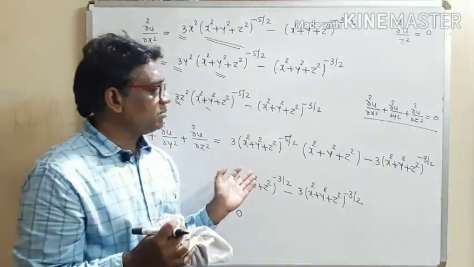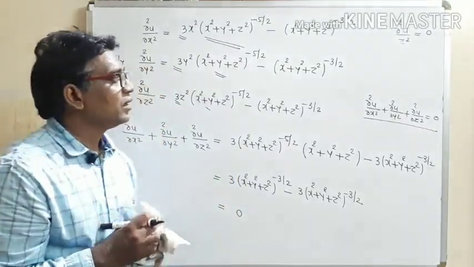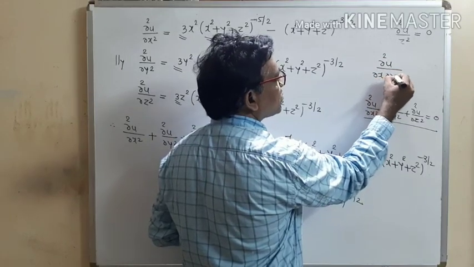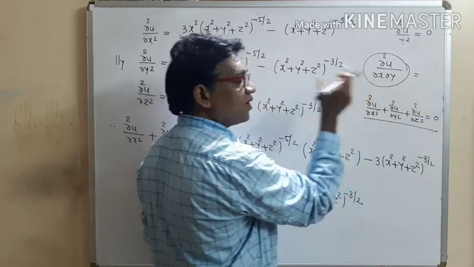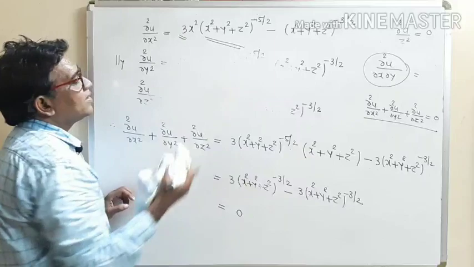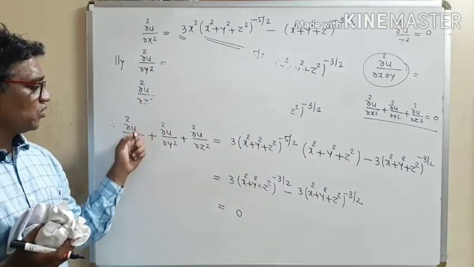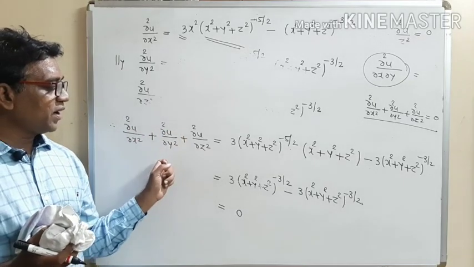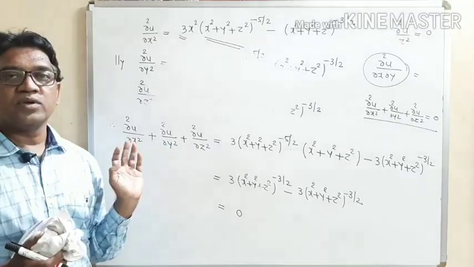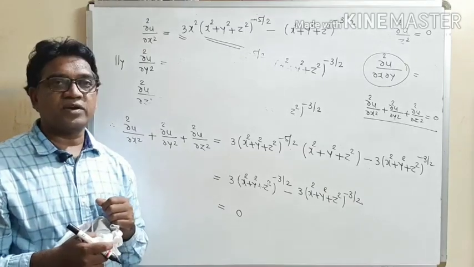So see, these are some important examples on the second order partial derivative. In the first example, we have to find this ∂²u/∂x∂y, that is the second order partial derivative, and that is an important example. And this is the second example on the second order partial derivative: the addition of ∂²u/∂x² + ∂²u/∂y² + ∂²u/∂z², show that it is equal to 0. So there are two examples on the second order partial derivative. Thank you.